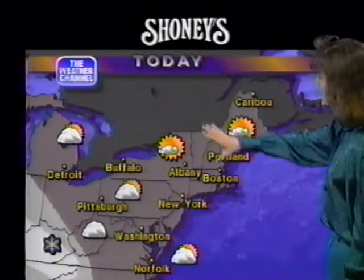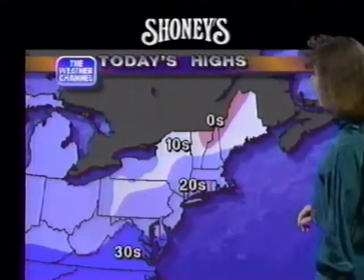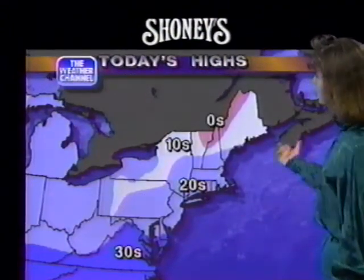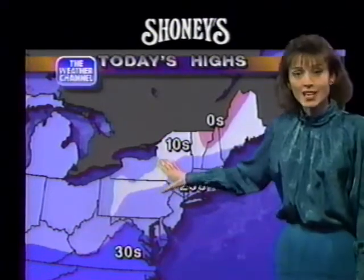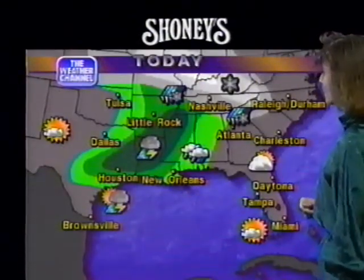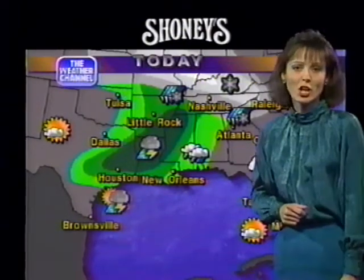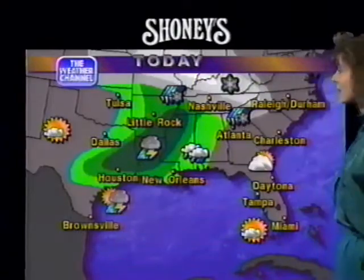In the northeast, lots of sunshine for New England. Increasing clouds, though, for the rest of the northeast, and a chance for some snow developing late in the day across the Ohio Valley. And temperatures very chilly for this time of the year. Highs throughout the entire northeast, averaging some 15 to 20 degrees colder than usual. Across the southeast, we've had a wintry mix for the Atlanta metro area. Some snow, sleet, and freezing rain, but that should be turning over to rainfall by late in the day with